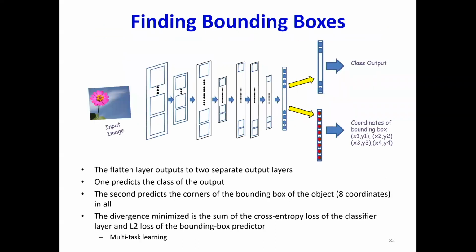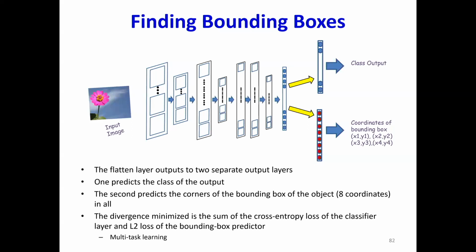And so you can use that information to actually draw bounding boxes for objects. A standard technique is to take the output of the final layer, which goes downstream to your classifier on the one side to tell you if there's a flower or not. But then it goes also simultaneously into a second prediction layer, which uses these features to predict the corners of your bounding boxes, the coordinates of the corners of your bounding boxes. And now when you train the network, the network is going to have